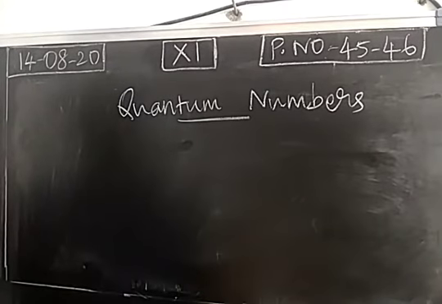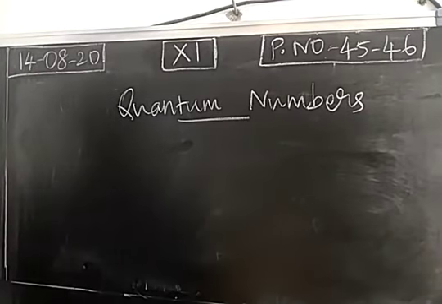So we know the structure of an atom. Nucleus is at the center. Outside the nucleus we have orbits. So it is a number which describes the position of an electron. For example, an electron is present in which orbit or which orbital and what is the orientation of the electron. So all information can be obtained from a set of numbers. We call them quantum numbers, right?